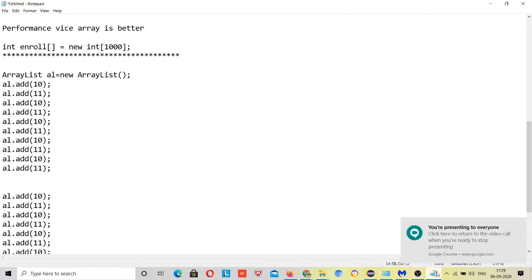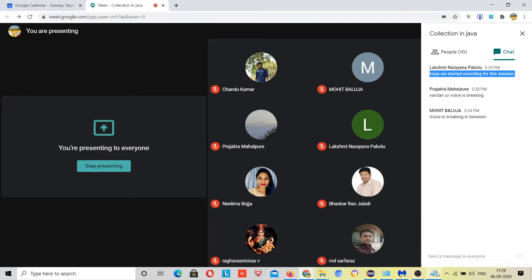So this was the advantage of array list over the arrays, and arrays over the array list. So when to use array list and when to use arrays, we need to decide as per our requirement, right? So this was a brief introduction about the array list. I am going to cover array list much deeper, right? So let me start first.